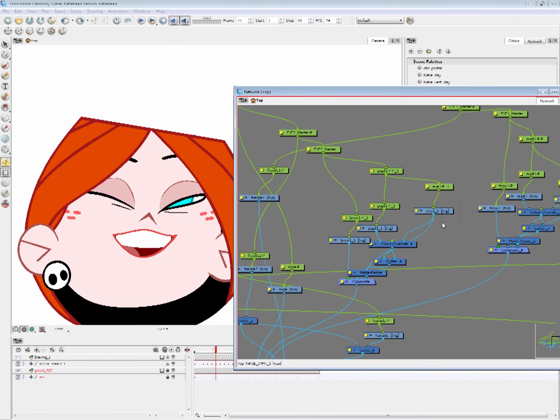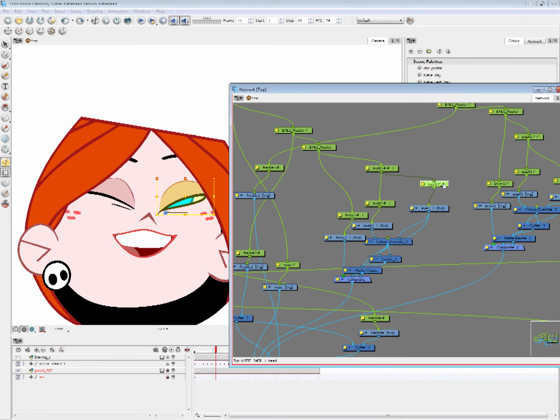So when you select this drawing layer, or drawing element I should say, you can tell that it is a drawing element because you see this pink rectangle. But if I hierarchy up by pushing B, here this green node, this green element is what we call a peg in Toon Boom, and this is where it will store all the animation information.